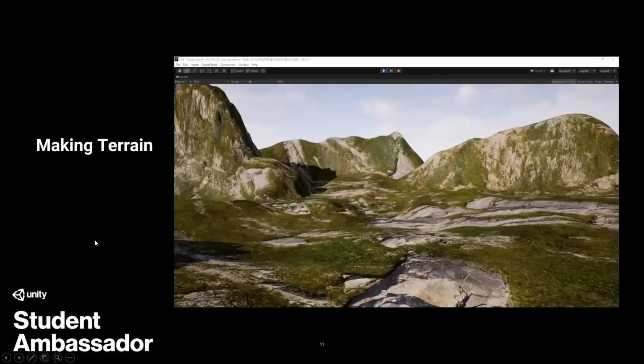The most challenging part was making the terrain, because Unity allows us to create a terrain, but we have to tweak it and go through lots of other processes to make a realistic terrain. I used a displacement map to build the realistic terrain in Unity. You can see this is our very first terrain in Unity. It's not that good and photorealistic, so we had to work on it, and after that we achieved some kind of realistic look.